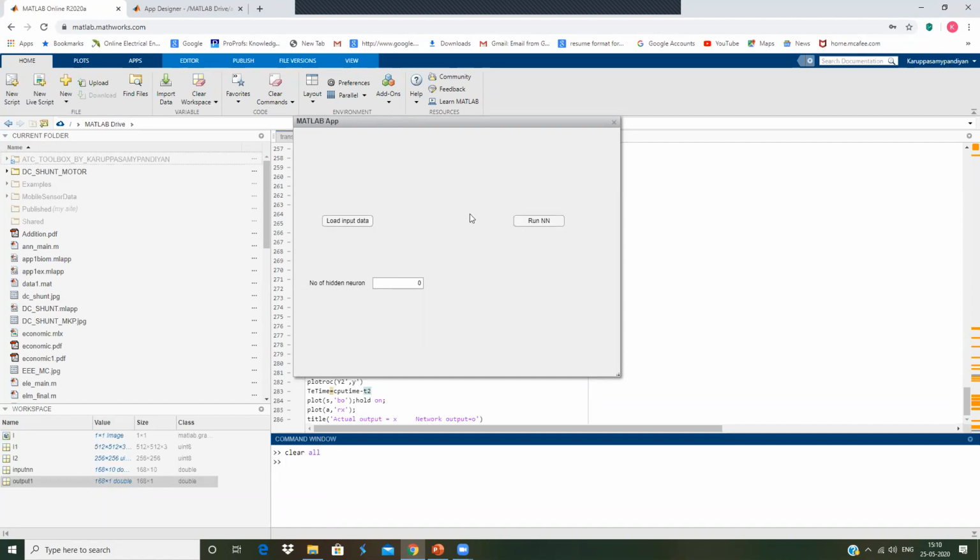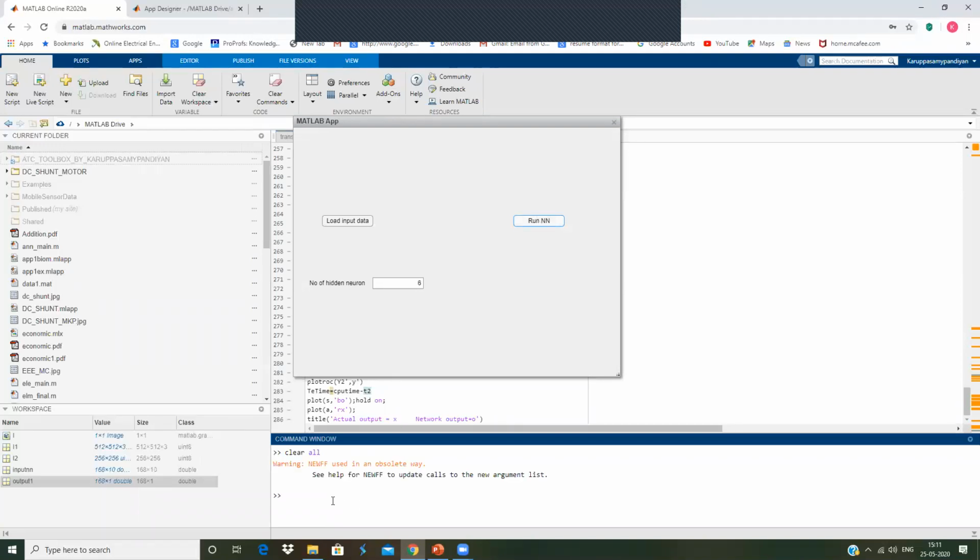I ordered only 3, which is here. So I'm first clicking this load input data. Okay, and I am setting the number of hidden neurons as 6. Once you enter 6 and press here, now you just run the program.